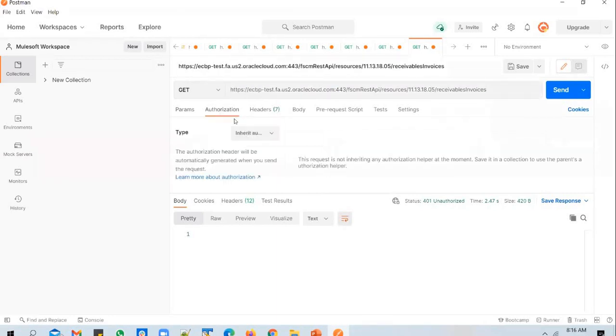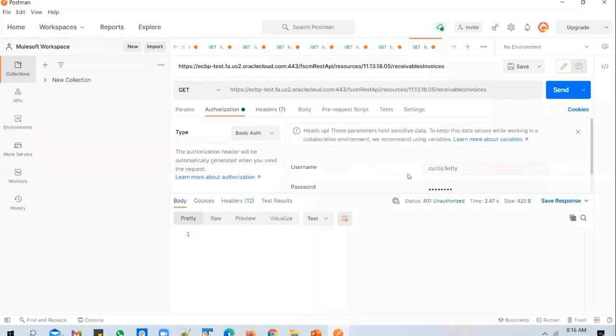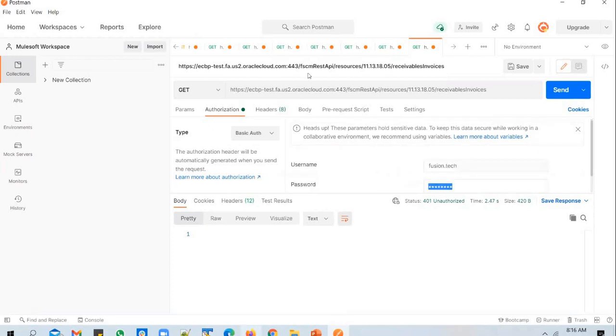To resolve that error, you can go to the authorization tab, change it to basic authorization, and enter the details. Enter the fusion.tech user. And let me get the password of the fusion.tech user, guys. Just give me a minute.